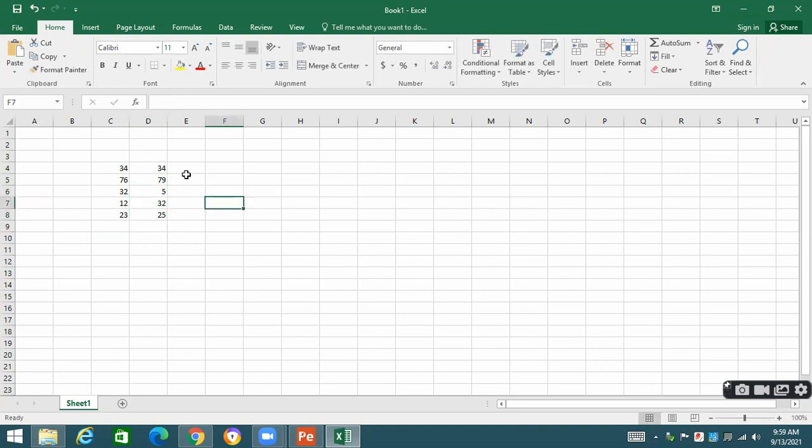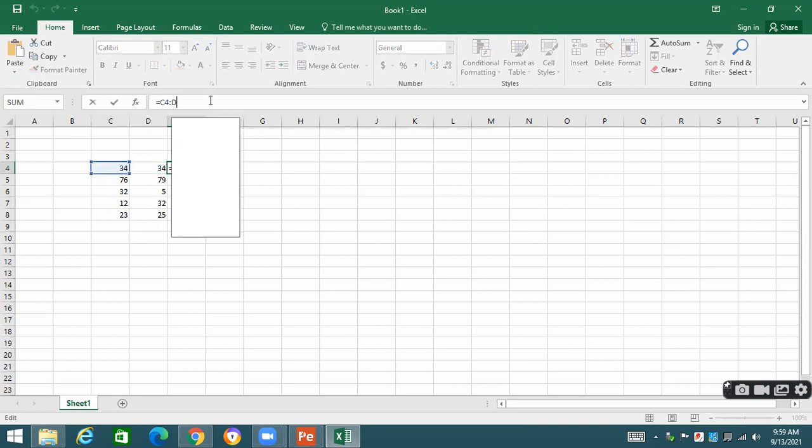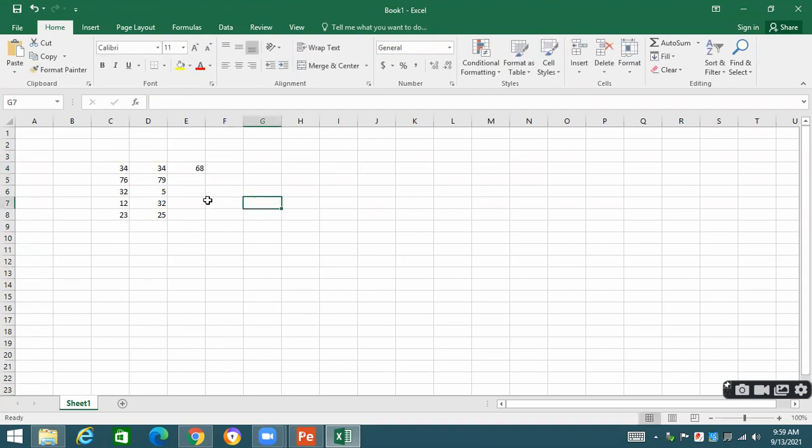Now, if I add this value with this value, the answer will come over here. These are the two values that I need to add: C4 plus D4. The answer is coming over here.